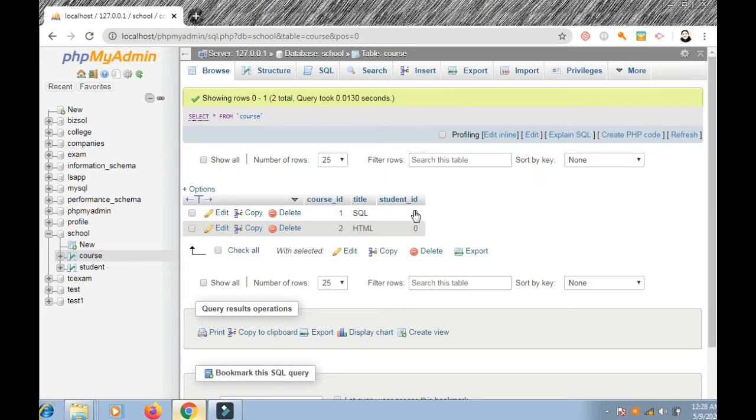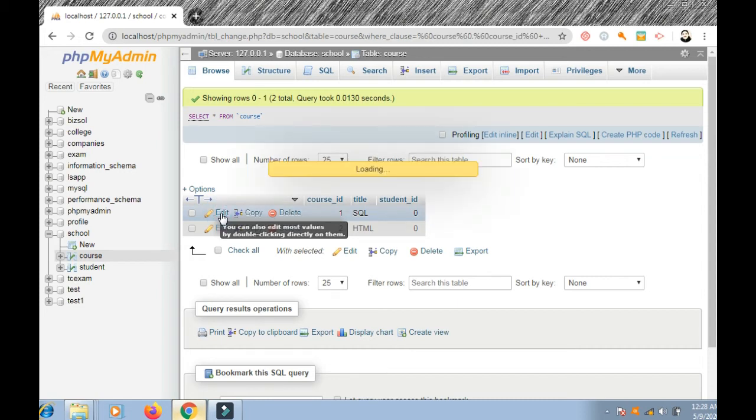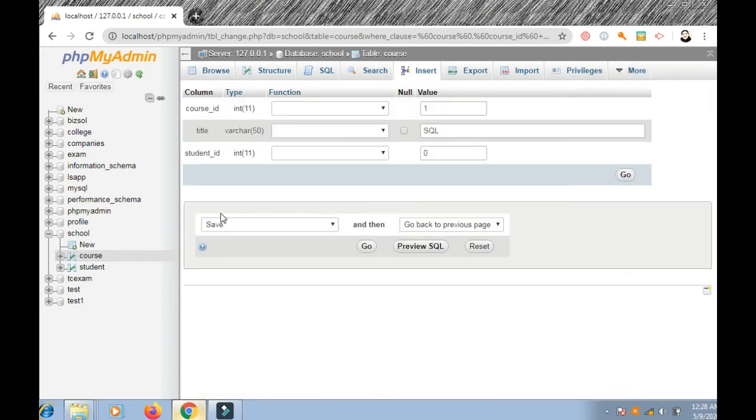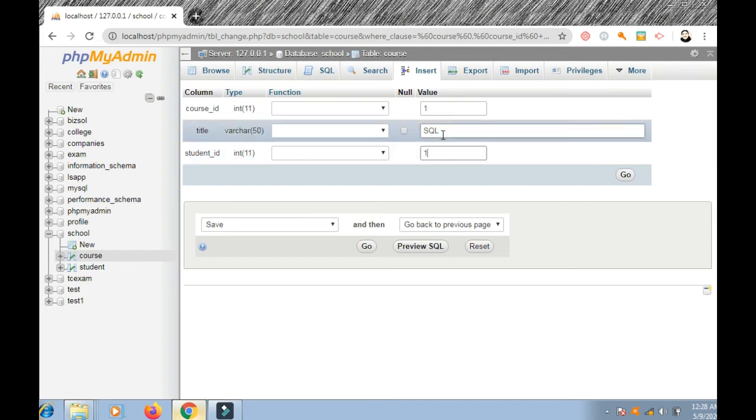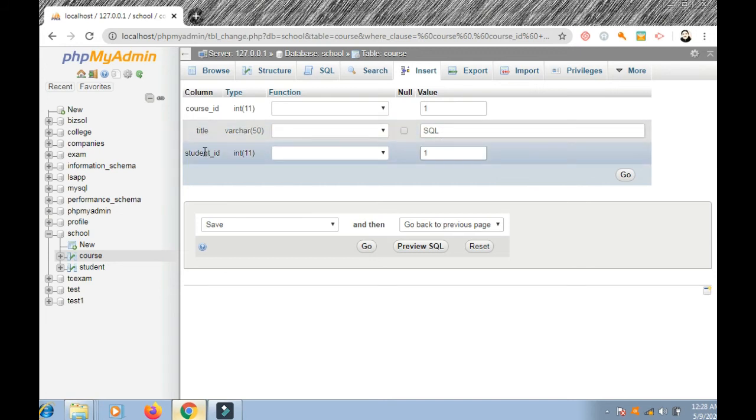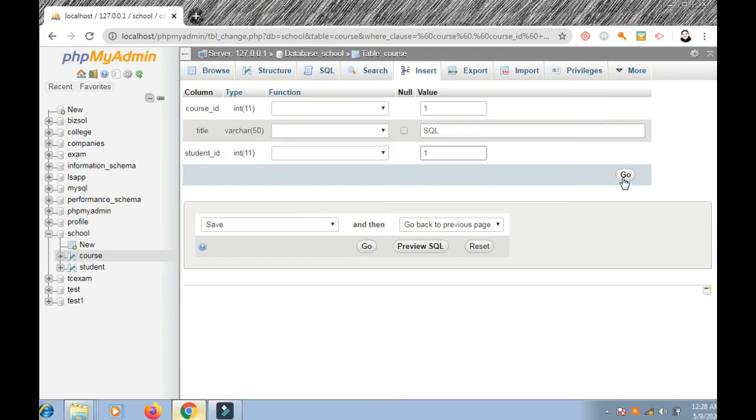So you see, student ID, this I should update it. I should edit it. Okay, edit. And I should put the ID 1. Okay, ID 1 here. Student number 1 takes SQL. This is student ID. Okay. Now I press go.